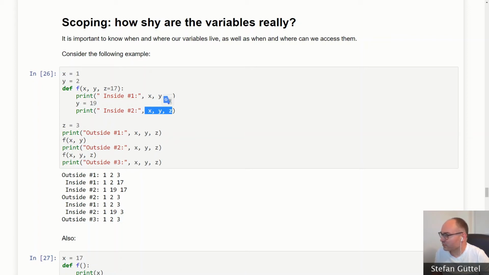Outside my function, I define an integer variable z with the value 3, and then I call this first print statement here, which just prints out x, y, and z to the console, and you can see the result here. Clearly, x, y, and z have the values 1, 2, and 3 in this example. Now we come to the next line. I call f with input arguments x and y. Because z is not provided, I will use the default value, and therefore Python will print out 1, 2, and 17 to the console. Then we overwrite the value of y with 19, and we print out 1, 19, 17